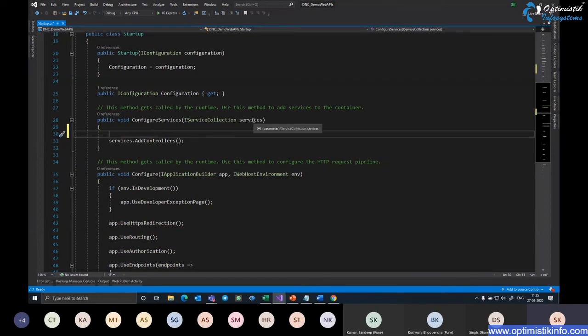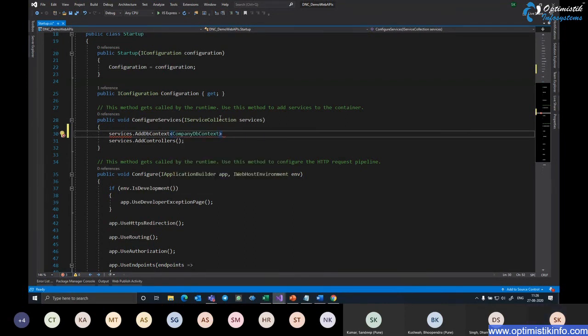Here, this IServiceCollection is representing the IOC container, wherein I'm going to register my company DB context class as a dependency. So I can straight away say services.AddDbContext,